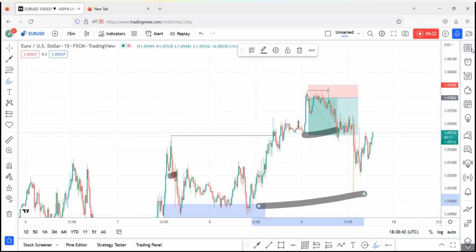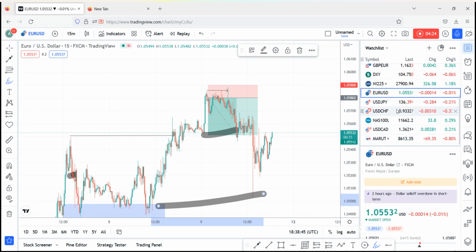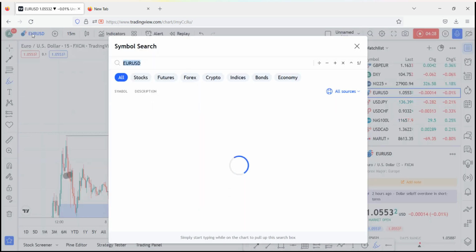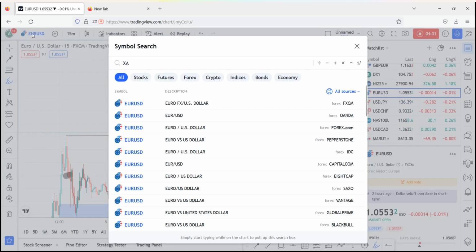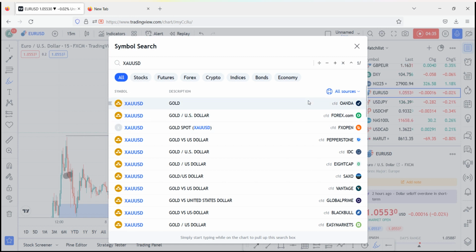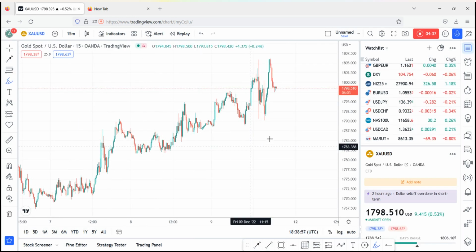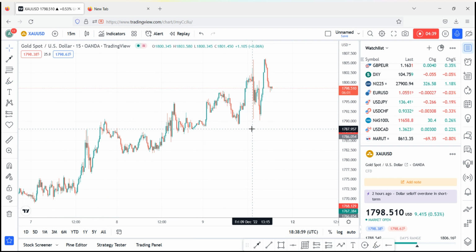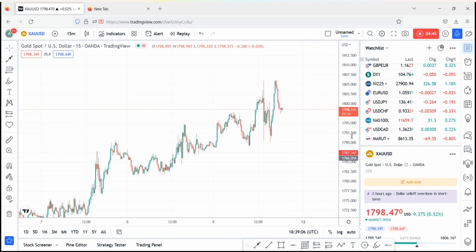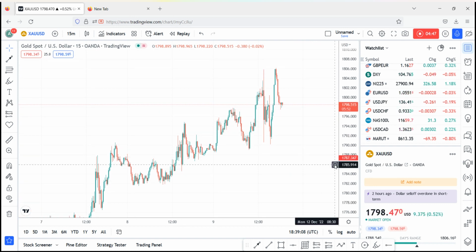And so let me tell you in the gold how I took the gold trade. So where is, sorry guys. XAUSD. So here is the gold. So usually I trade on my iPad, so that's why I haven't marked any zone over here, right? So gold, what gold did was,